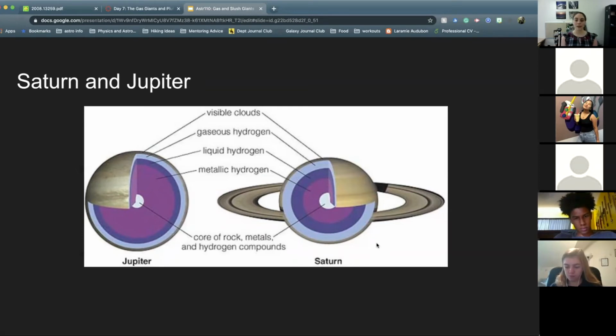And so it's hard to really think about what's happening inside, but we have some idea based on the orbital spacecraft that we have sent to these two planets. We can also do some things just by looking at the density of these planets. We can figure out the density of these planets from Earth as a whole, and we can use that to at least put some limits on what they might be made out of. And so that helps us build this idea of what the different layers might look like.